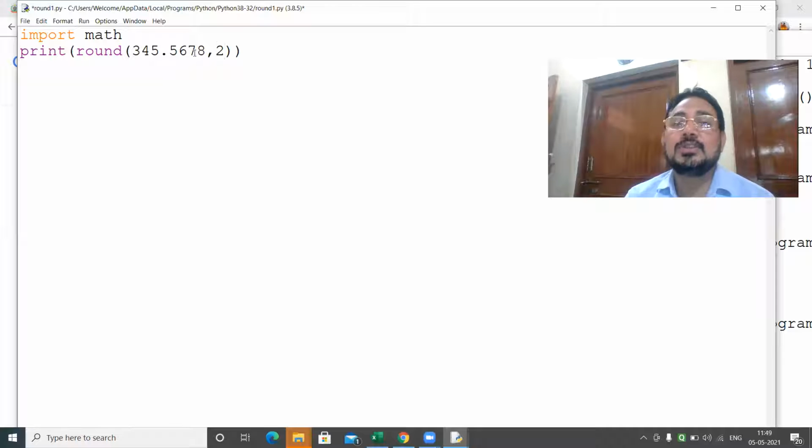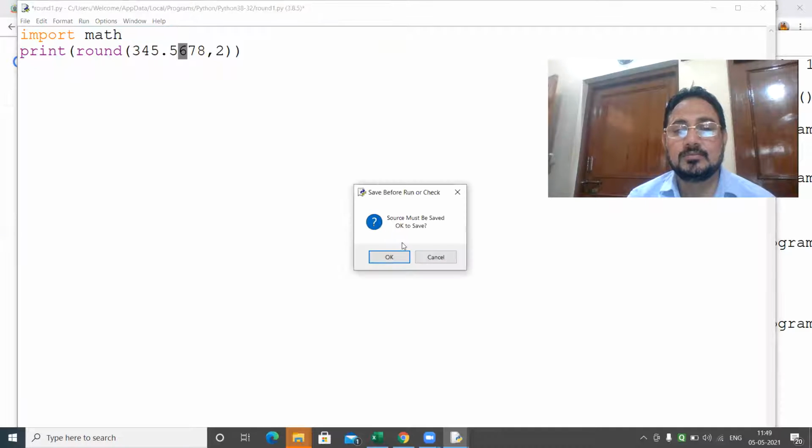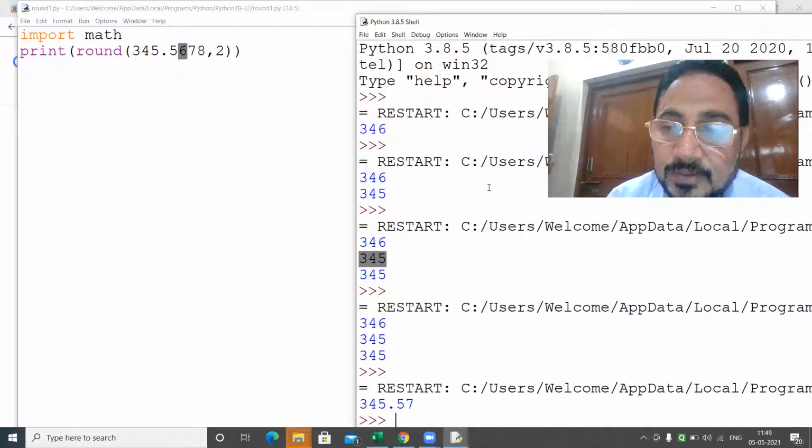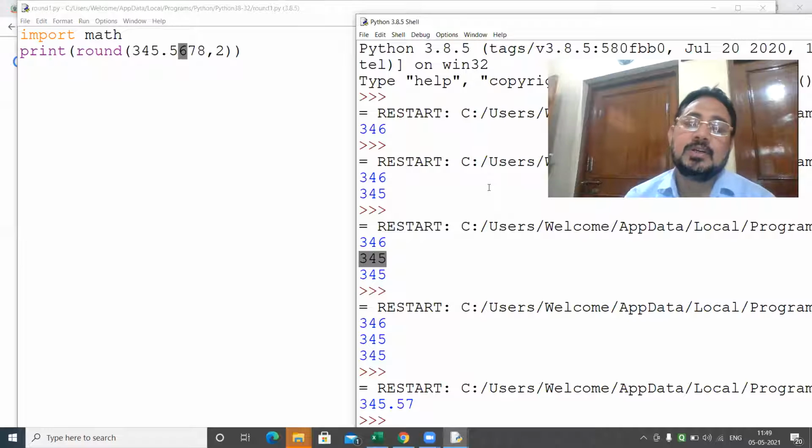This 2 denotes 2 decimal places only. 5, 6. But after 6, what is the number? 7. It is more than 5. So this 6 is rounded off to 7. Run and check. 2 decimal places values have come, that is 345.57.